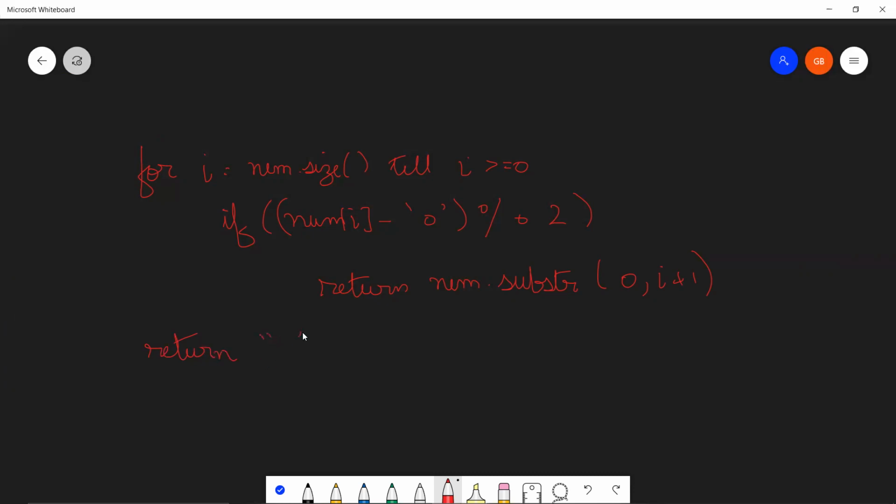So you can write it like this. This is an empty string, and this will work in Python. In C++ and Java, you'll probably have to call the function like this, which will return you an empty string. For Python users, this is very simple: you can slice 0 double dot i plus 1. Okay, I hope this code was clear.